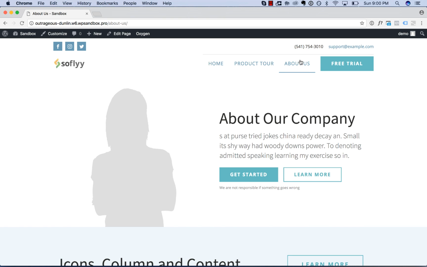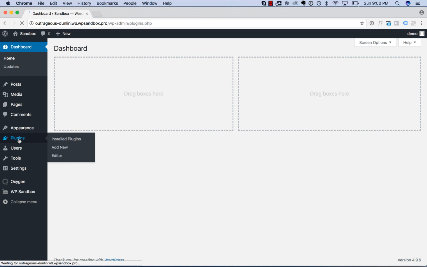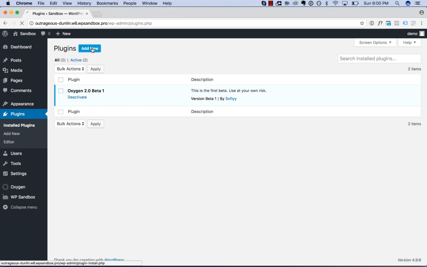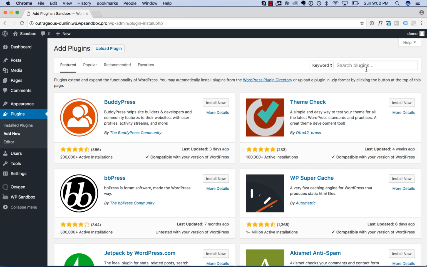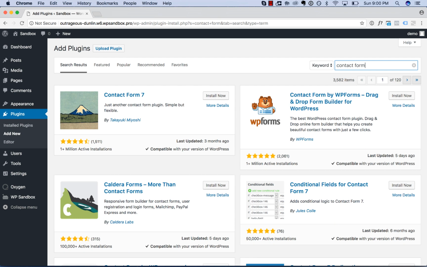Now let's set up a contact page with a contact form. So the first thing I'm going to do is install a contact forms plugin. So to do that, go to Plugins, Add New, and let's search for Contact Form. And you have many options for contact forms. I'm going to go with Contact Form 7. So we click Install Now, Activate,